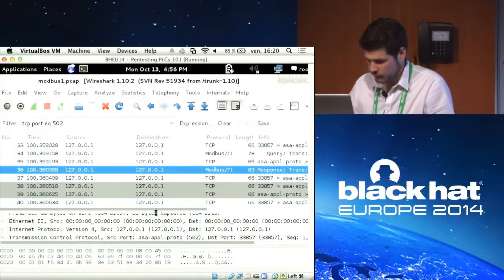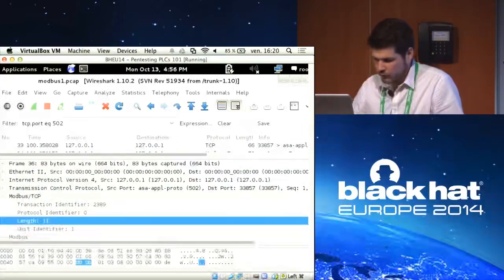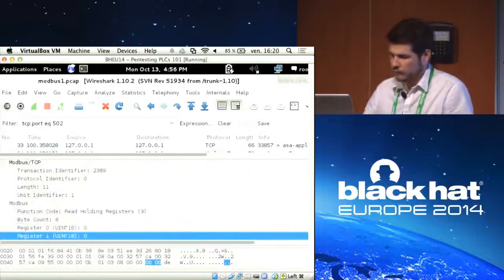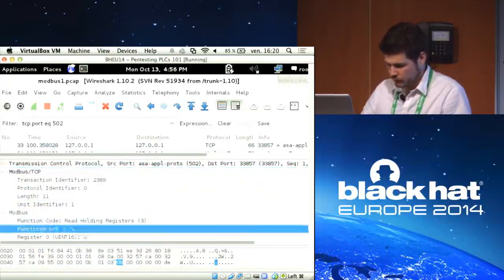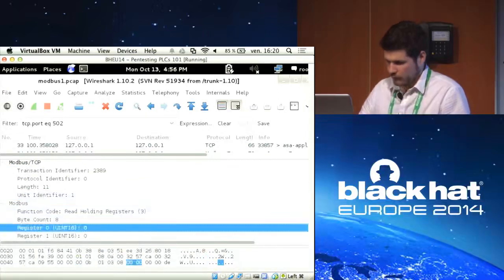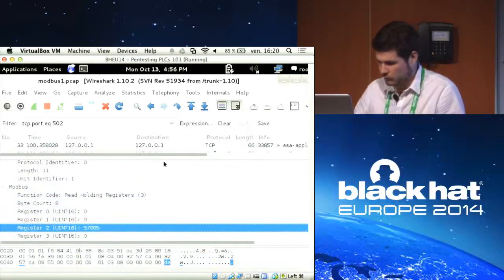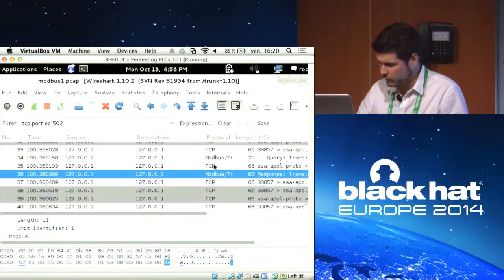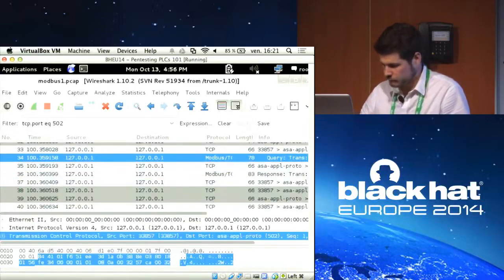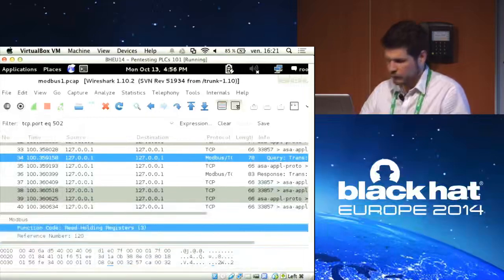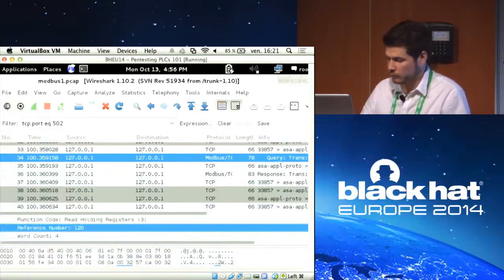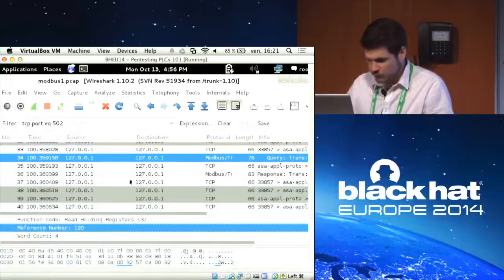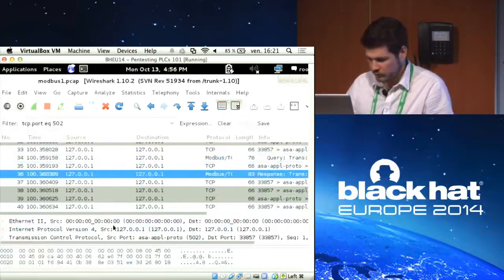Let's see. Okay, so here we are asking to read some value, and I think that's the good one. Yeah, that's actually this one, and then I'm going to explain to you why. If we take a look at the query, we asked to read some registers, and the reference number was 120, so we wanted to read 120, 21, 22, and 23. And if we take a look at the answer, which bears the same